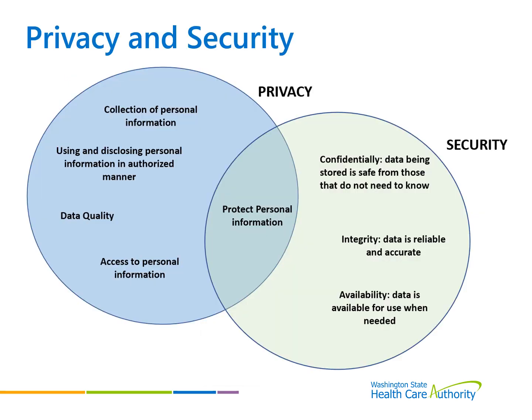Although security and privacy overlap in some areas, they are very different. Security is the protection against threats or danger, and privacy is the right to control how your information is viewed and used. The picture shows the overlap of protecting personal information. Both security and privacy have the responsibility to protect personal, confidential, and sensitive information.